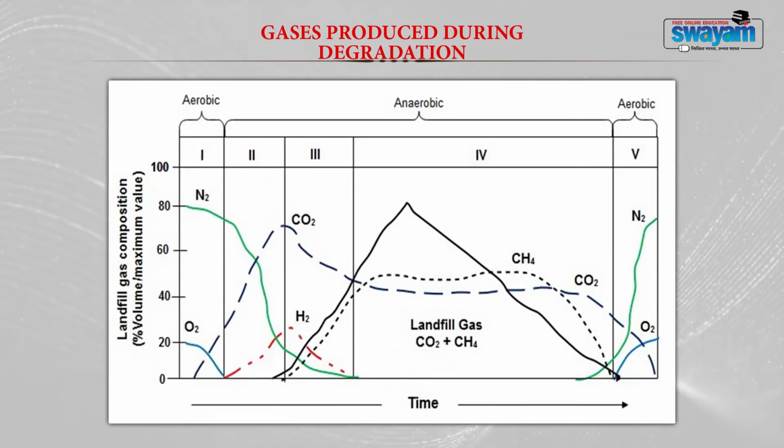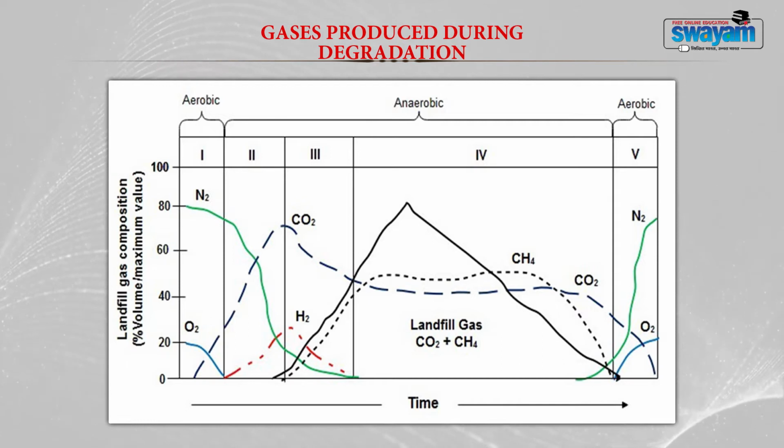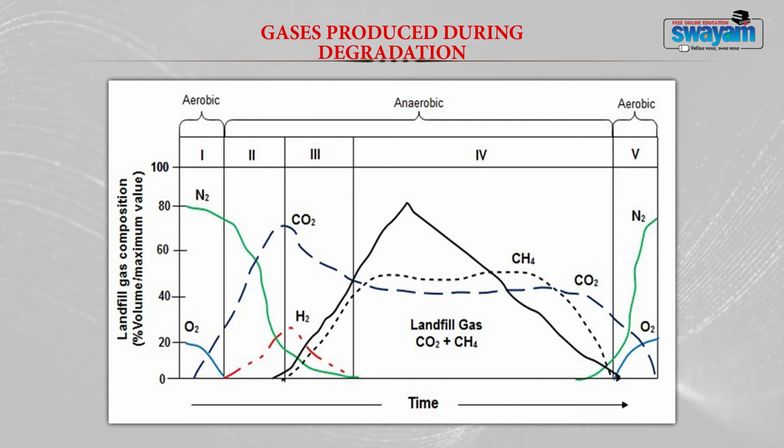Now, in this figure you can see what the different gases produced are and how these gases vary from stage to stage. If you talk about oxygen, in the first stage it is high and slowly it decreases at the end of stage 1, and it again picks up, and you can find the presence of oxygen in stage 5. Carbon dioxide slowly increases in the middle of stage 1, peaks at the end of stage 2, and after that it reduces and becomes stable till stage 4 and further decreases in stage 5. Nitrogen, once again, is very high in stage 1 and slowly decreases gradually till stage 3